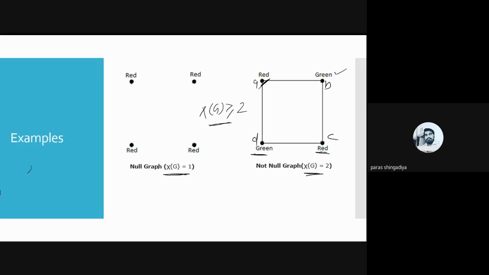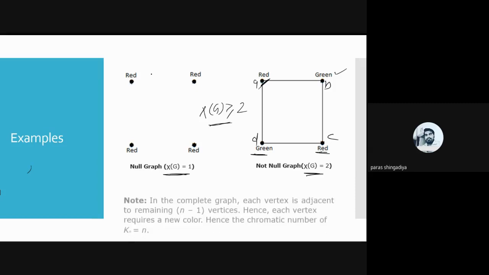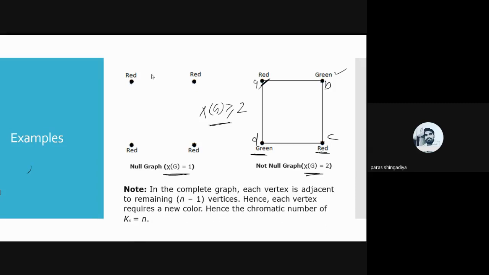Now use another graph. Let us use this relation and we'll create one complete graph for that. So यहाँ पे एक result है for complete graph theory. कंप्लीट ग्राफ में क्रोमेटिक नंबर क्या होता है? ठीक है, सो जितने वर्टेक्स है उतने ही कलर रिक्वायर्ड है फॉर क्रिएट अ वर्टेक्स कलरिंग टू द कंप्लीट ग्राफ. सो इन कंप्लीट ग्राफ each vertex is adjacent to the remaining n-1, and hence each vertex requires a new color, and hence the chromatic number of Kn is equal to n.